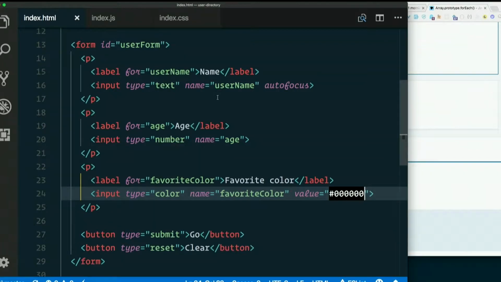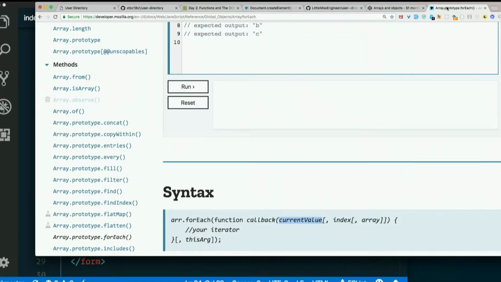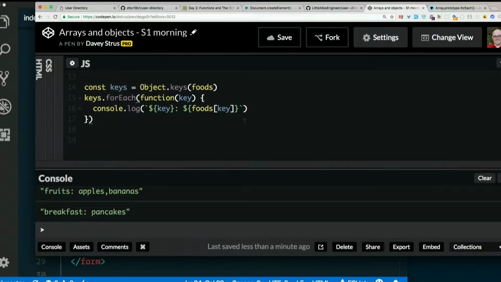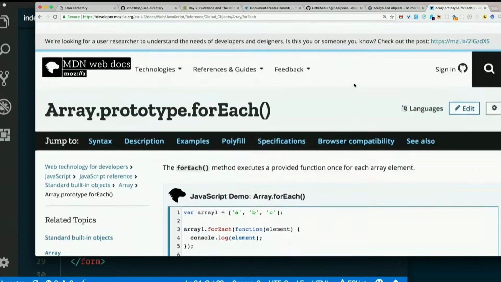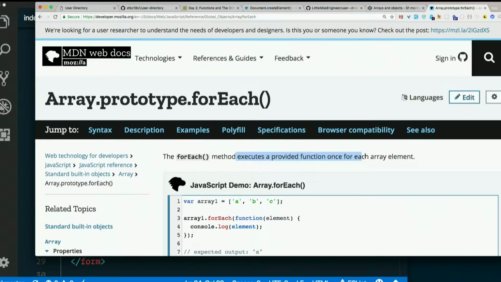Arrays and objects, how to loop over arrays, how to get all of the keys out of an object, which gives you an array. We learned about forEach. forEach, according to the documentation, executes a provided function once for each array element. So if you want to do the same thing to every element in an array, like print a string that formats it a certain way for each one of those, or whatever you want to do,